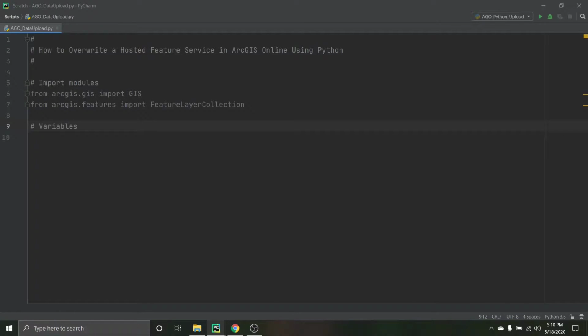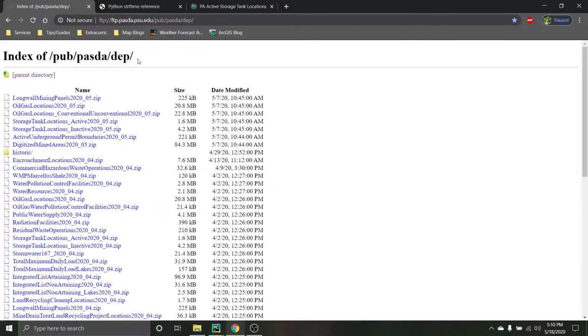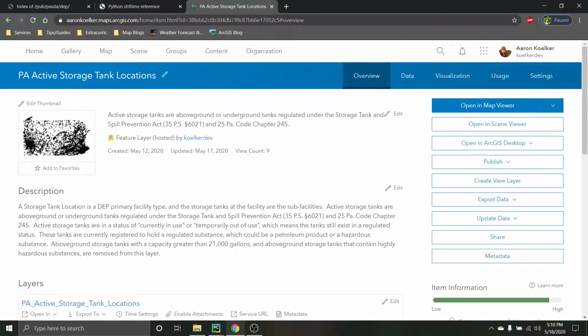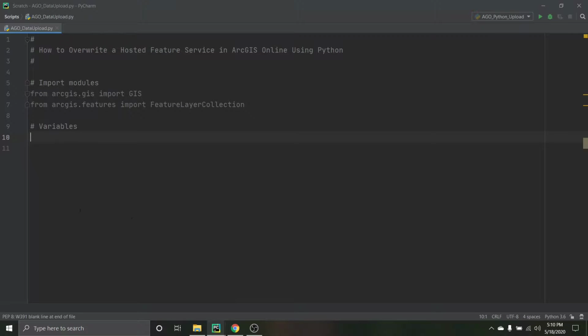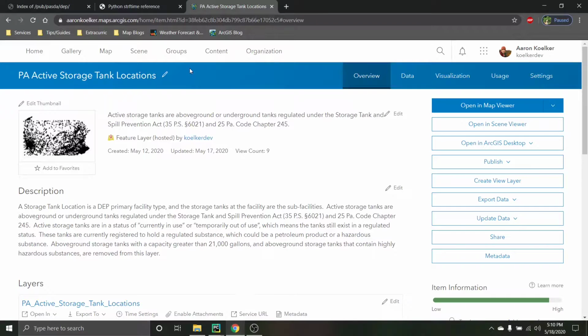So let's go ahead and write out some variables that we're going to use. The first thing we need, the most important thing, is the process we did here, manually uploading this. You're going to have to do this once manually because we need something for the Python script to actually look at and update. You could use Python to upload it the first time, I guess, but I think it's easier just to do it manually